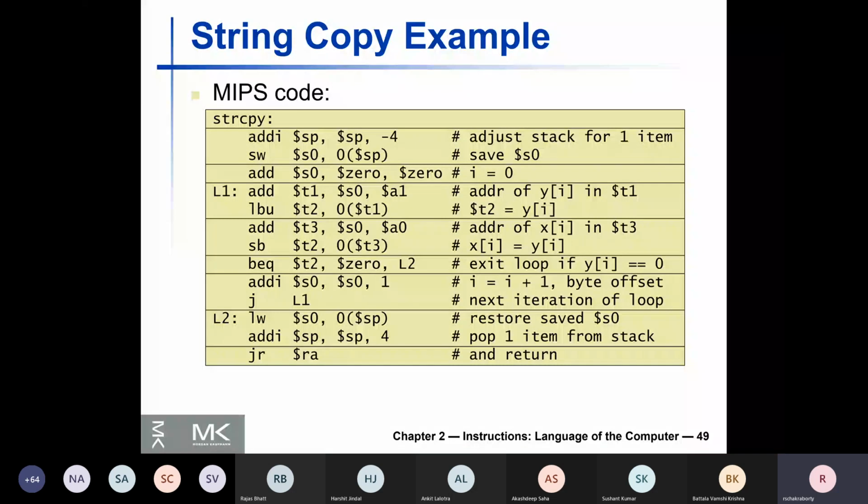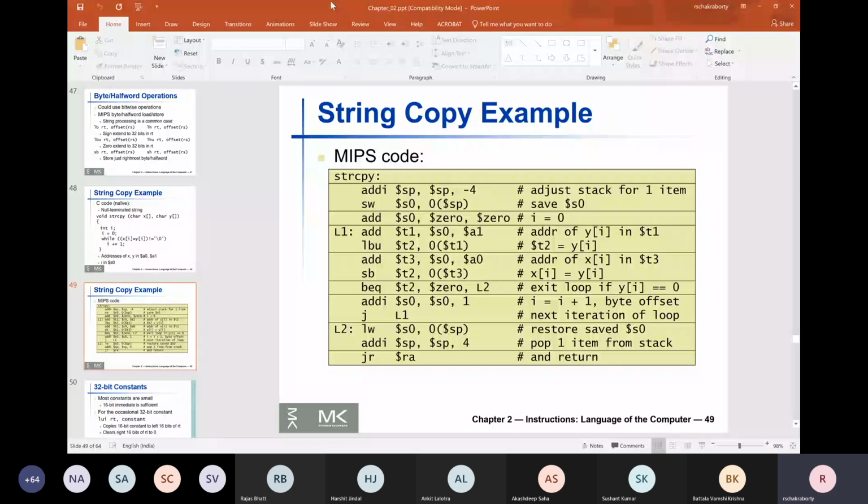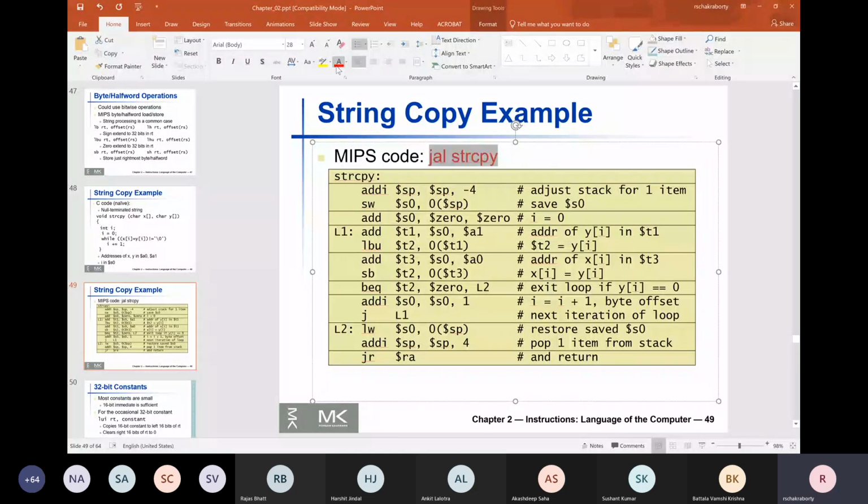Again, from main, the function call is something like JAL strcpy, with the understanding that A0 and A1 already contain the base addresses of the arrays.